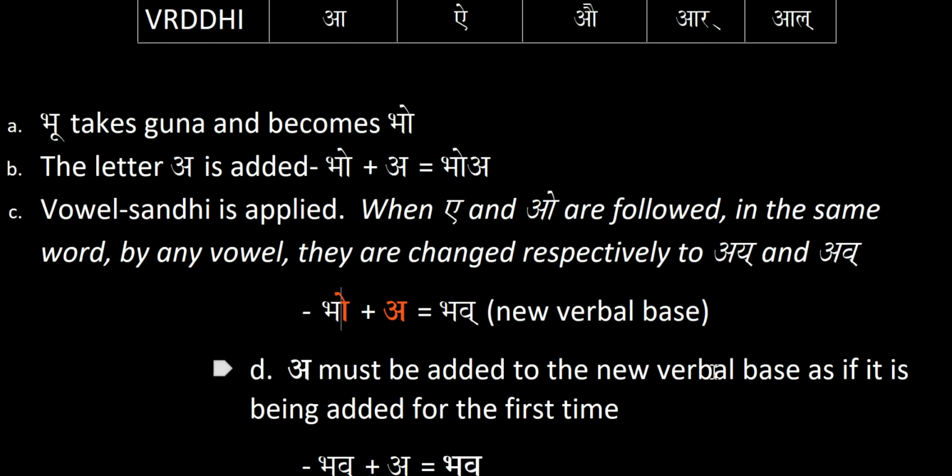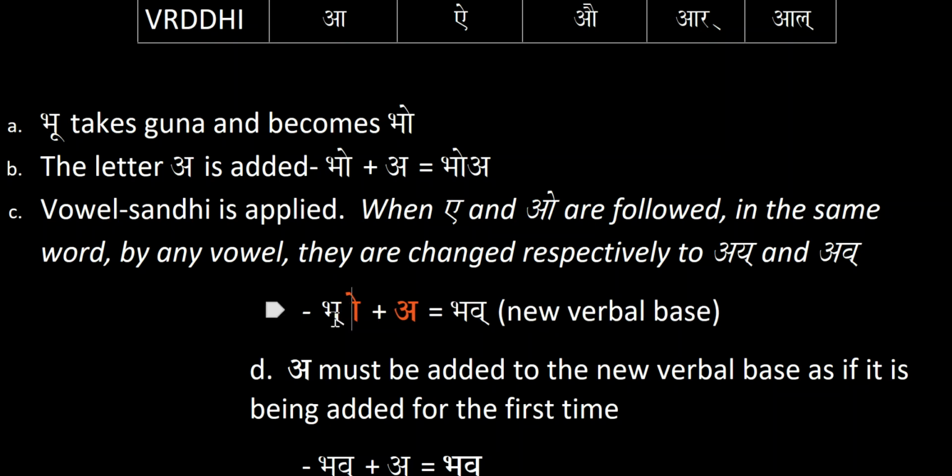So, bho, and you want to remove that. You want to remove the o from the bho. And once you isolate the bho from the o, you're just going to get b alone. And when o and a come together, that's going to make av. So what I'm going to do quickly here is write av